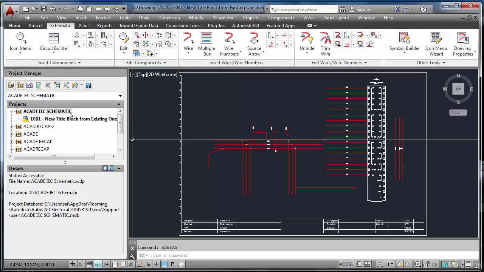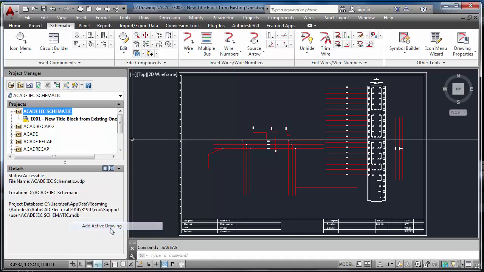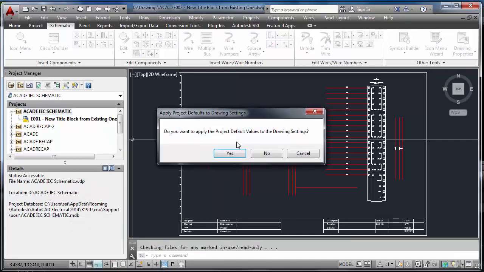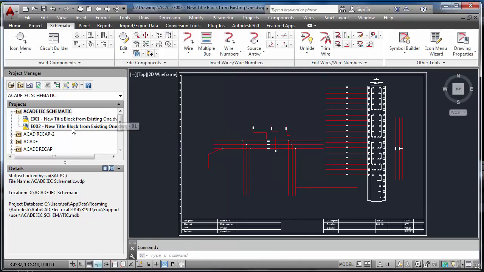In order to make this a part of this project, what you should do is select the project, add active drawing. Do you want to apply the project default values? Say yes. Now this has become part of this project. Components,